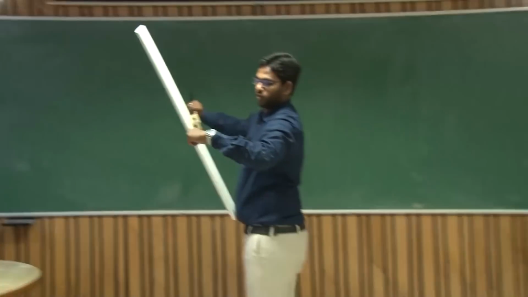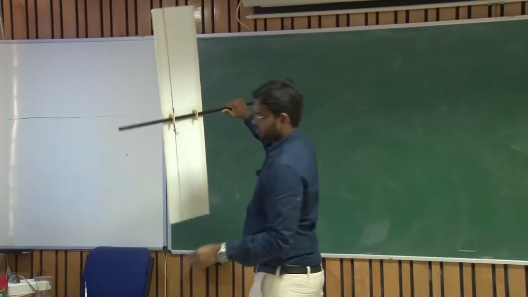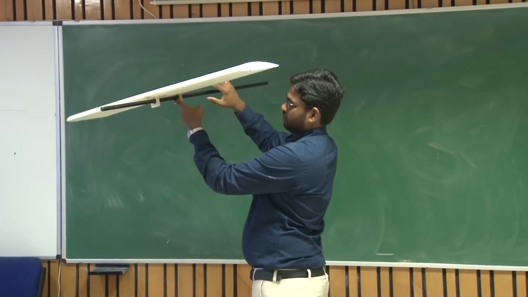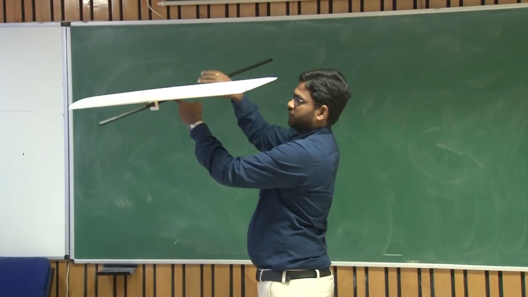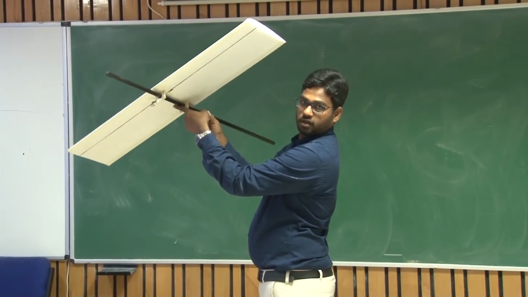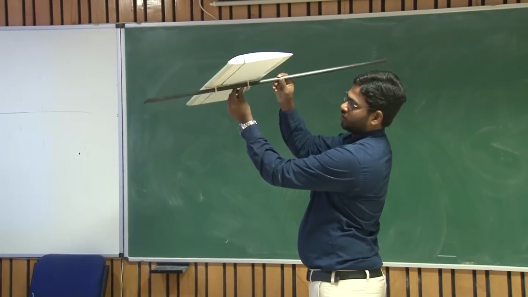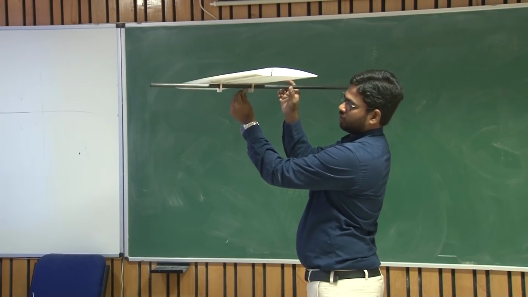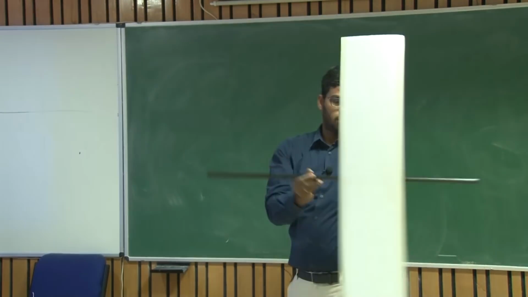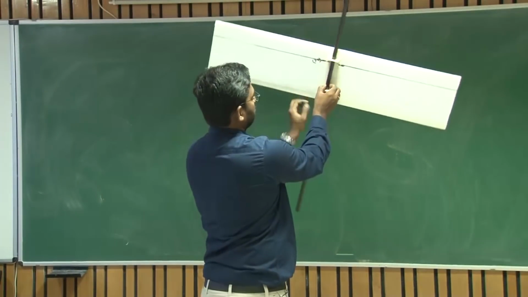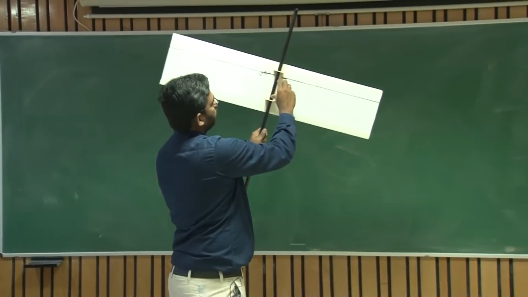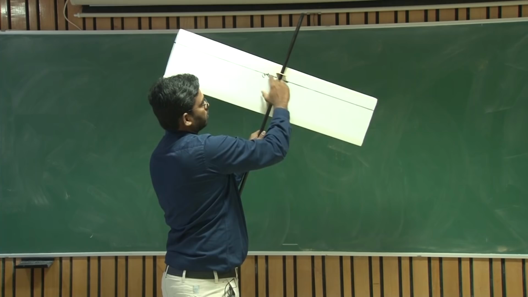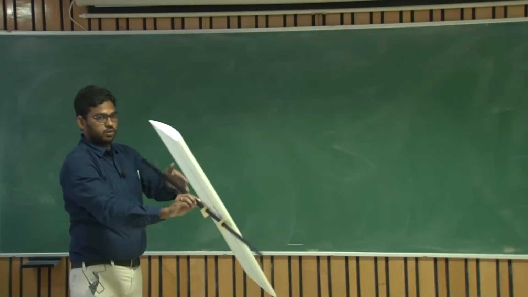Now let me remove this clay again. So let us see where the CG location is. It has definitely shifted backward, right. So this is the point about which I can balance this model. This is your CG location right now, approximately, and this is aft of this aerodynamic center. Right. If I throw this,